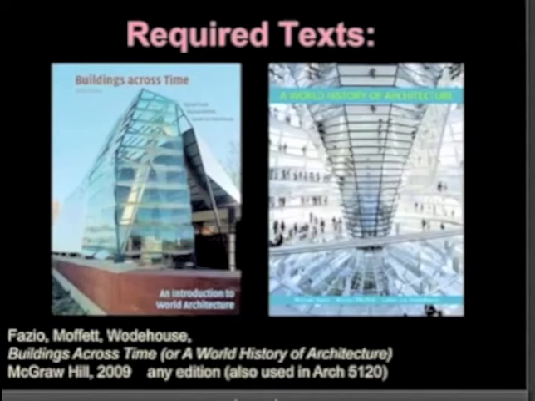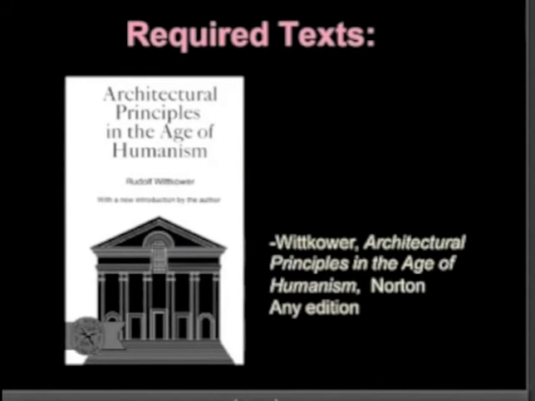Any questions yet? The next books, I think, are more fun to read because they're written with a really strong point of view. Architectural Principles in the Age of Humanism is by Rudolf Virchow. And it really is a kind of watershed book. It marks, I think, the first moment where an architectural historian began to look at architecture in a way that is specifically interesting to architects and not art historians.